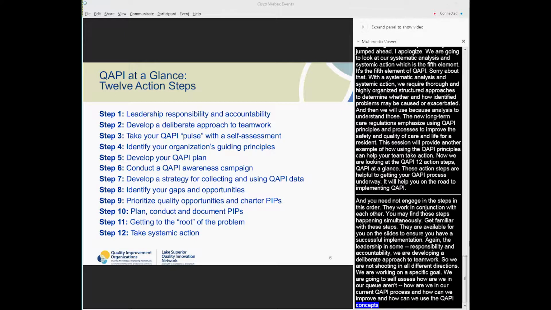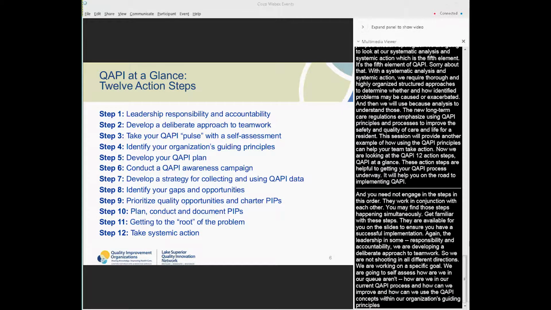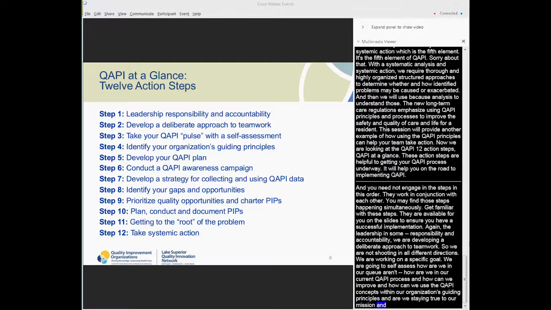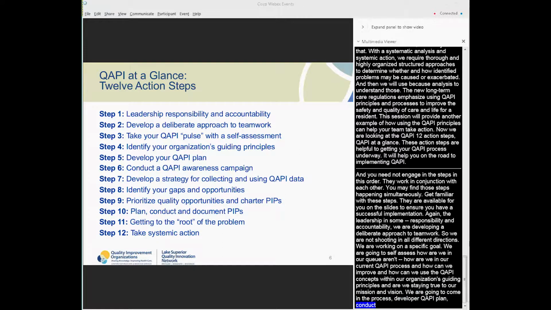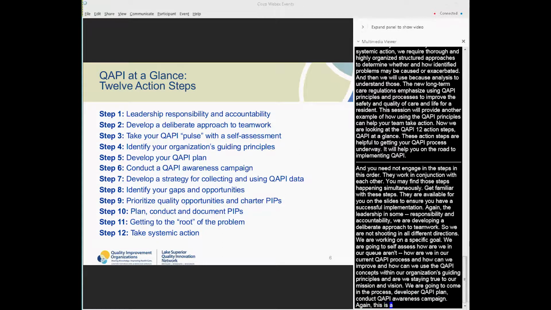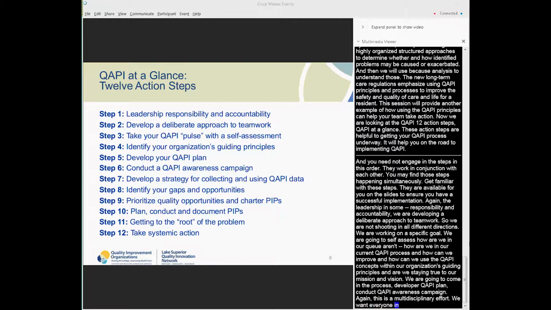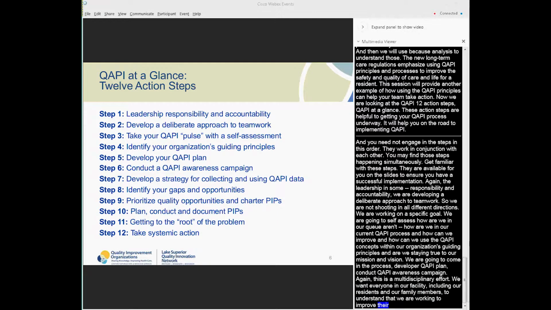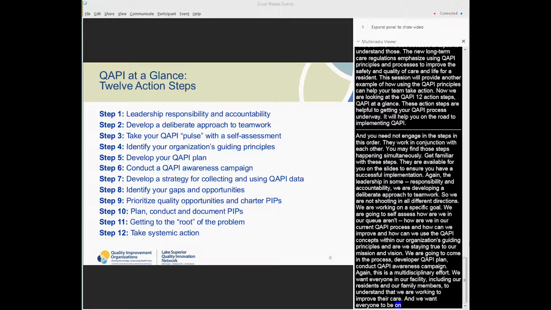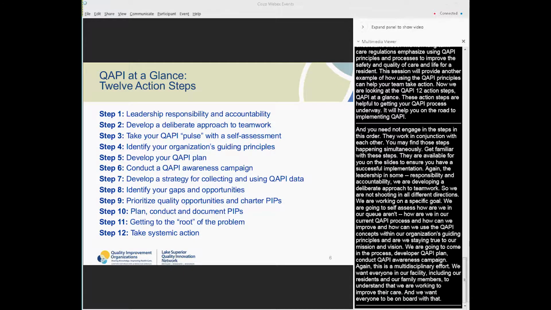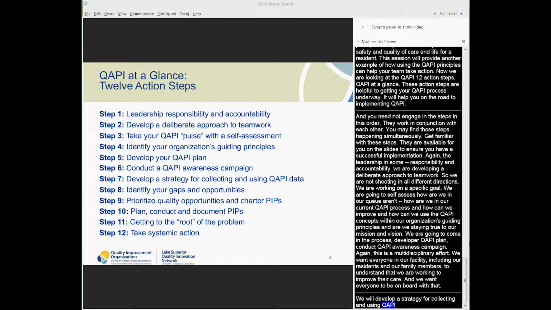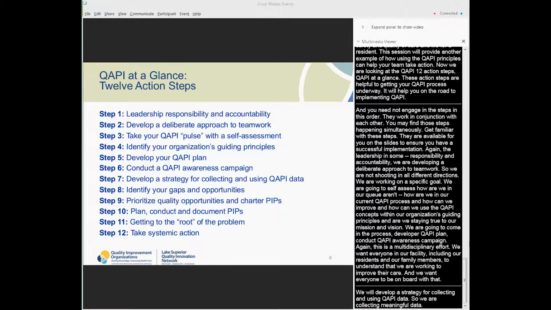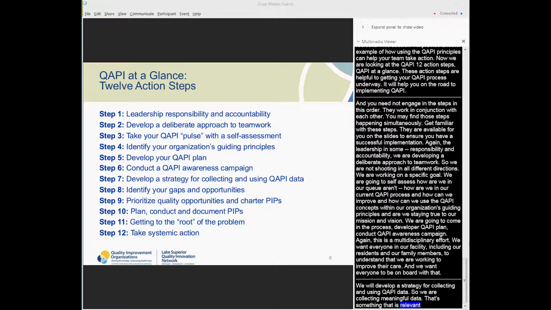We're going to, in the process, develop our QAPI plan and conduct a QAPI awareness campaign. Again, this is a multidisciplinary effort, and we want everyone in our facility, including our residents and our family members, to understand that we are working to improve their care, and we want everyone to be on board with that. We'll develop a strategy for collecting and using QAPI data, so we're collecting meaningful data, something that is relevant to our goals. We will identify our gaps and opportunities where we can improve and prioritize opportunities and then charter the